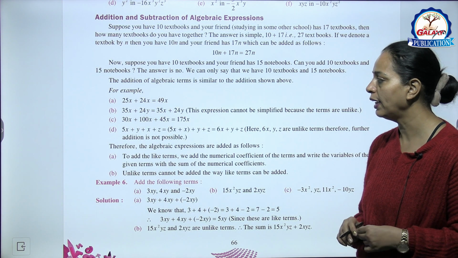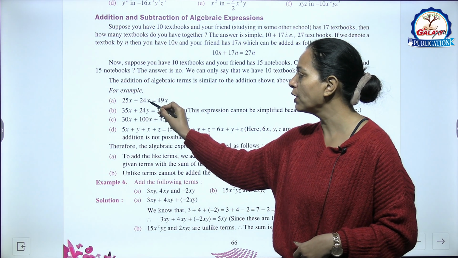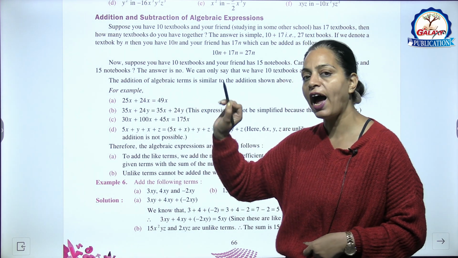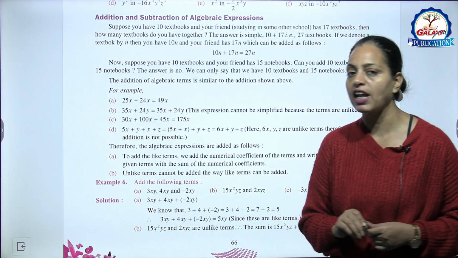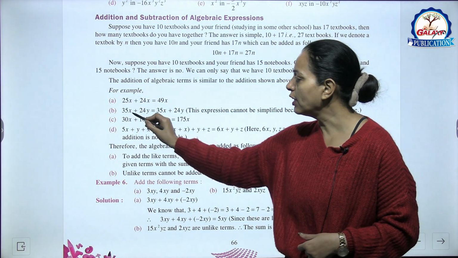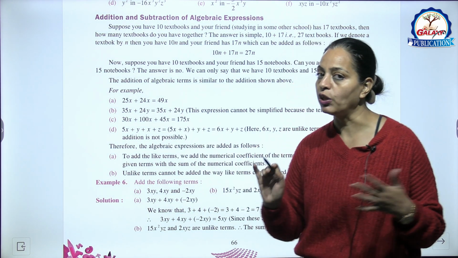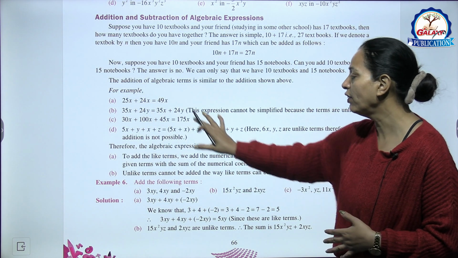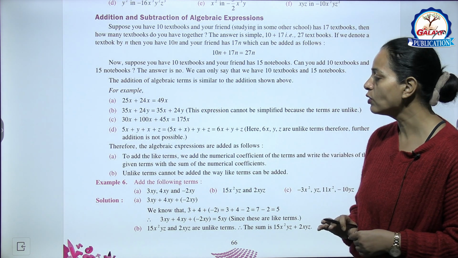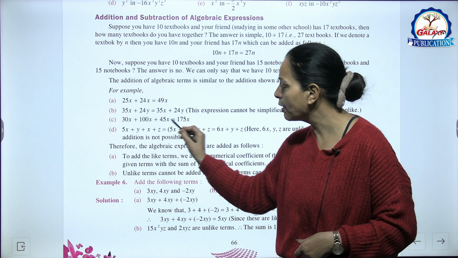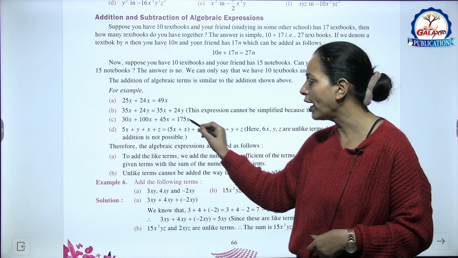See for example, A part, 25x plus 24x. In both, the variable is the same, so we can add these two, that is 49x. B part, 35x plus 24y. It is x, it is y, we can't add it, so leave it like this, right? Now C part, 30x plus 100x plus 45x. All have x, so we will add the numbers,